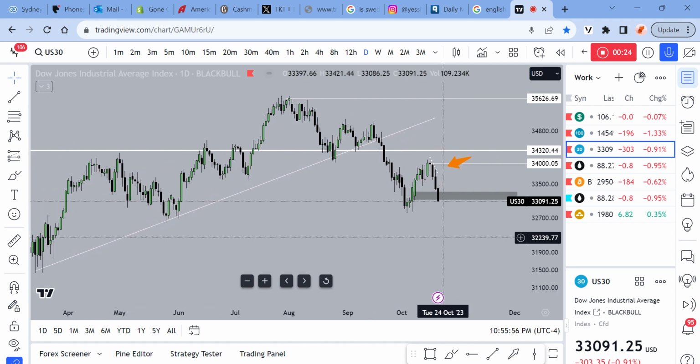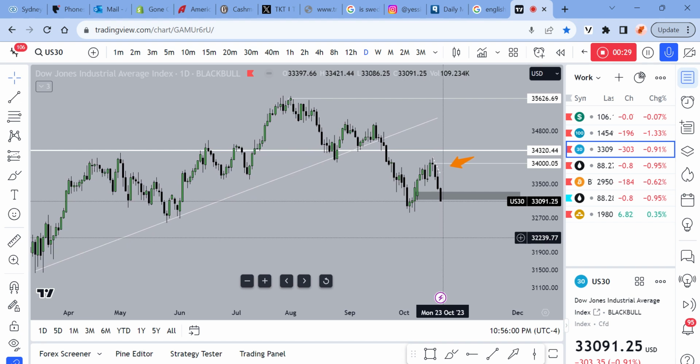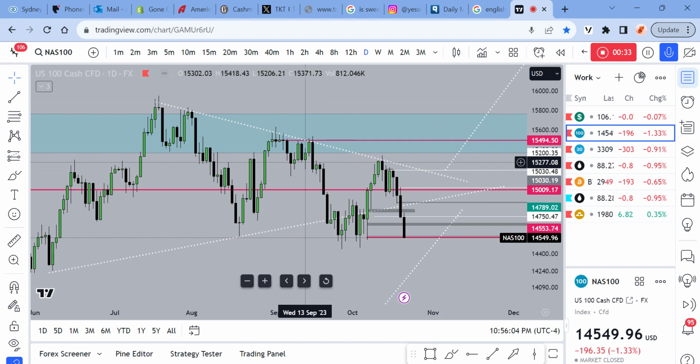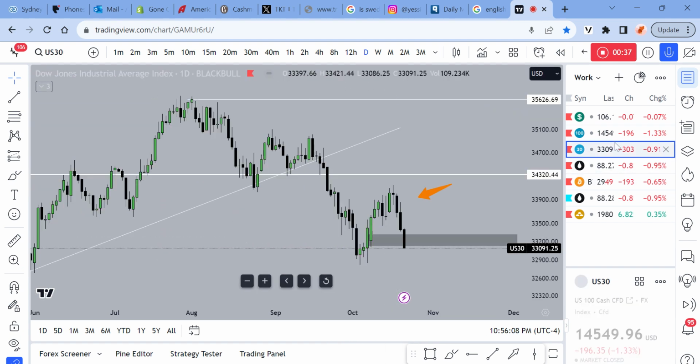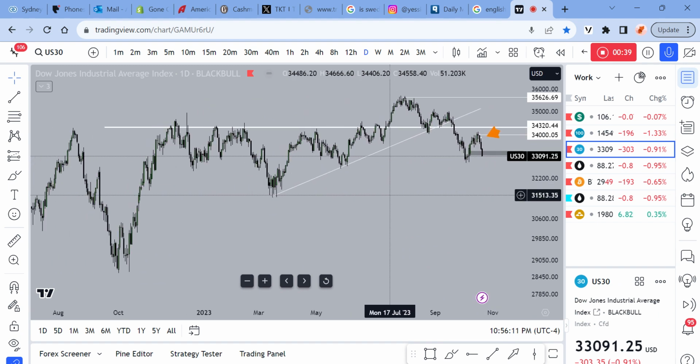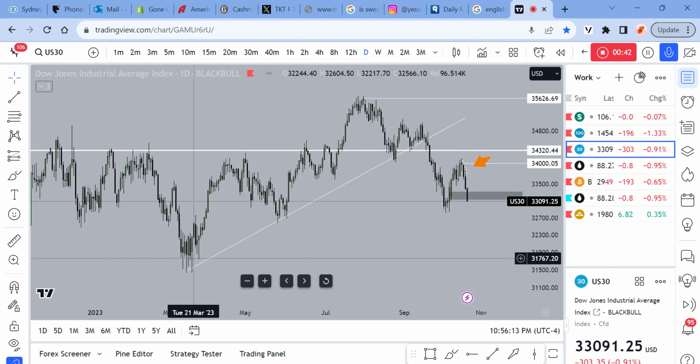But I really quick just want to break down our overall play on US30 this week. I did also trade Nas100 with a very nice setup right here off the top. US30 real quickly though, as we can see, the market overall was trading at a low earlier this year, back in March. We had a three-wave impulse to the upside.